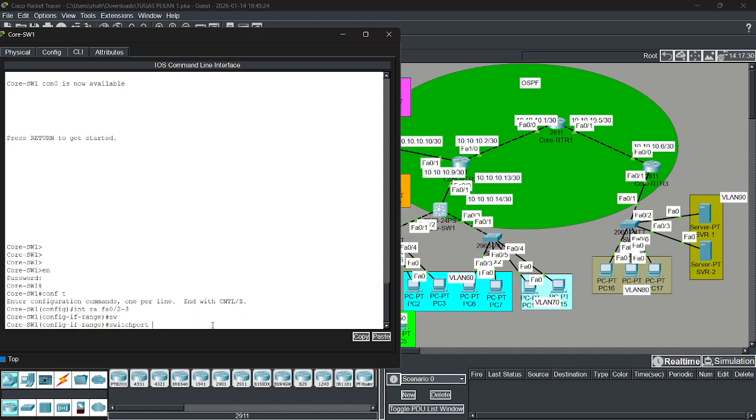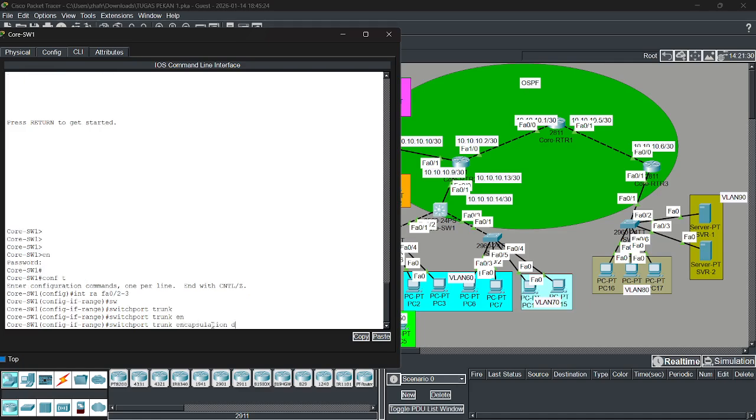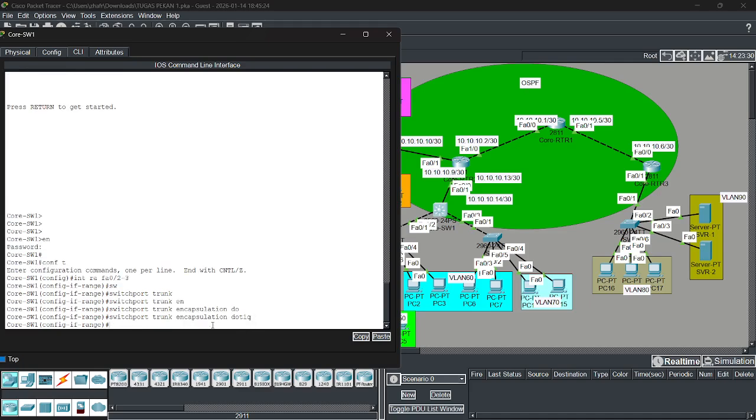Switchport trunk encapsulation dot1q. Okay.